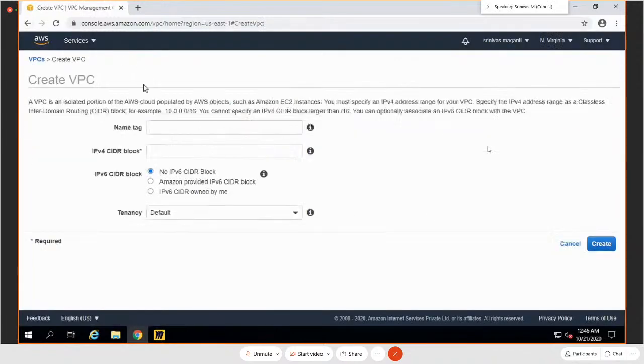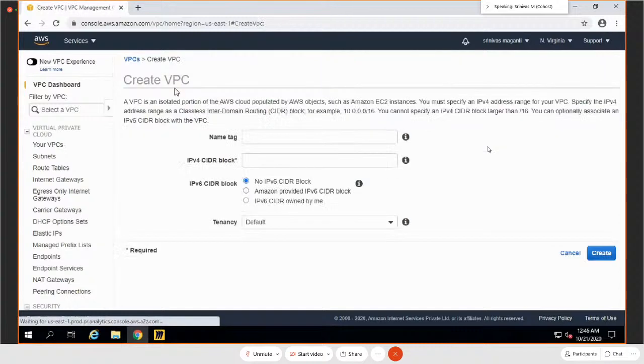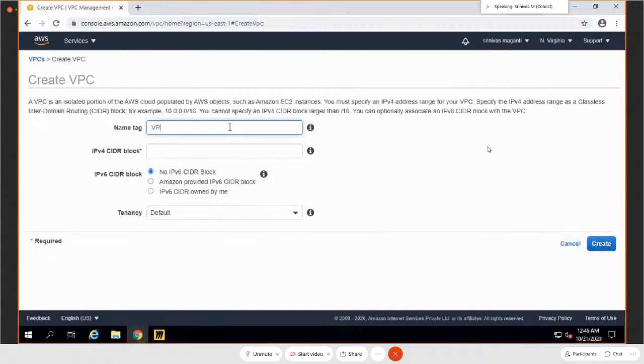Let me see if I have three subnets in any of these. I'll leave it. Again, if something is missing, we need to spend